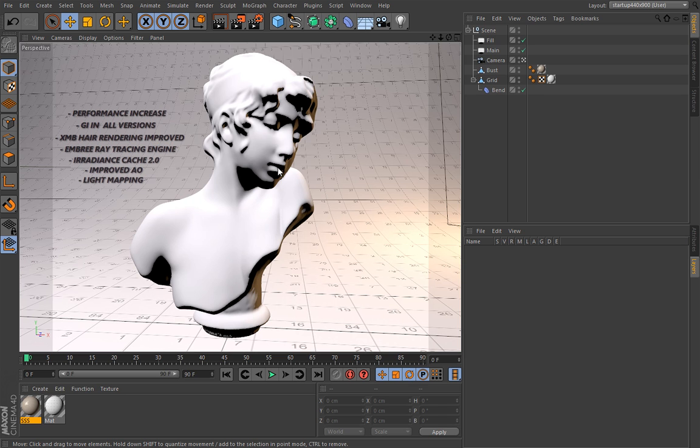We have improved performance when rendering subsurface scattering shader, and subpolygon displacements now render very fast with physical renderer as opposed to release 14 where rendering SPD was quite slow. Blurring effects render much faster now, and generally the interface, the workflow and presets are simplified, because we wanted to take out most of the technical preconditions that had to be met to use render engine